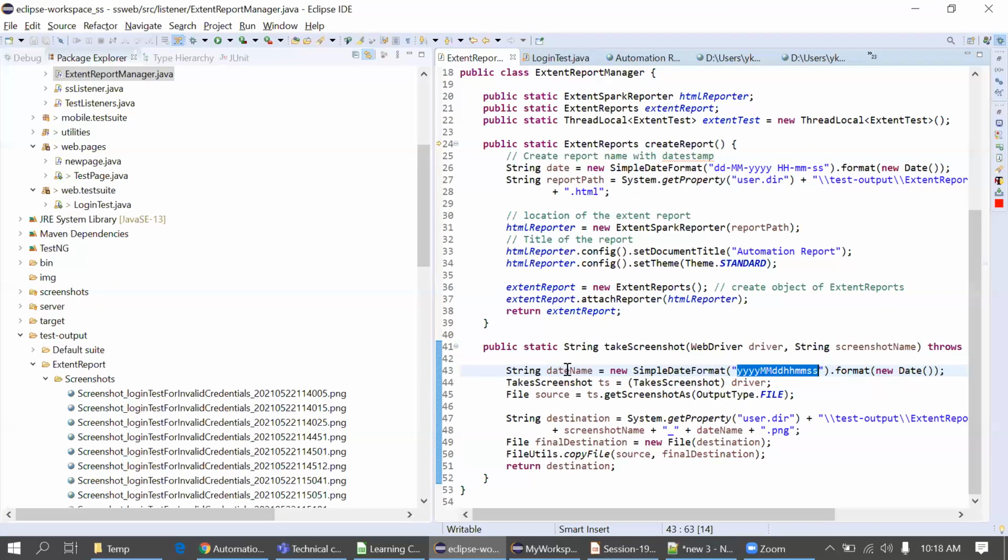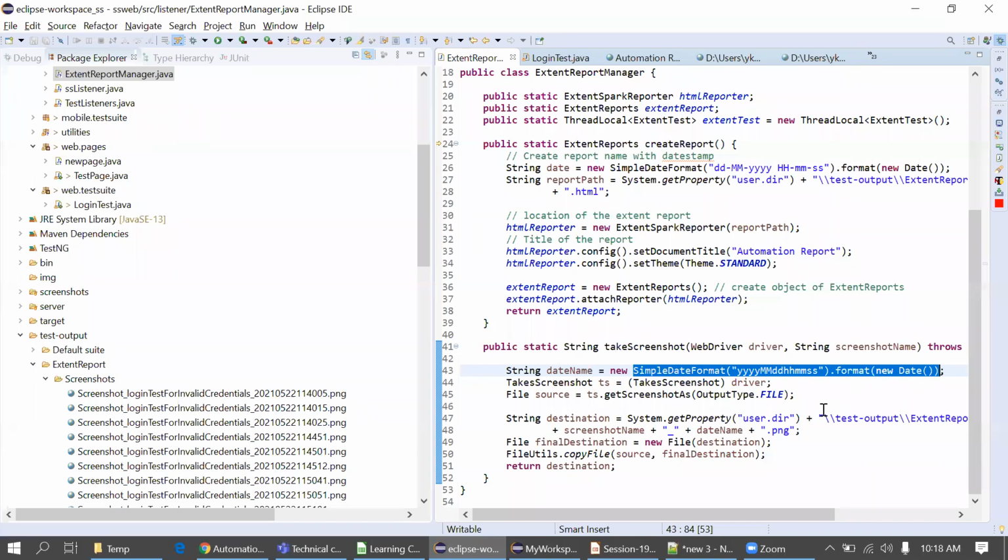It is a format that will simply return the date format. It's the syntax for getting the actual date from the system. So you store this syntax in date time to get the date and time of the screenshot, correct? Yes. After you took the screenshot, which is upcasted because of its type, you stored it in a source.